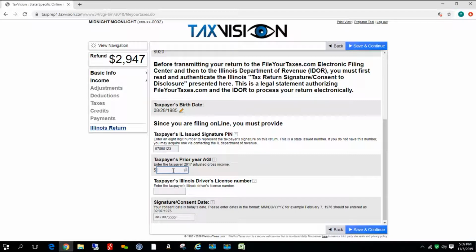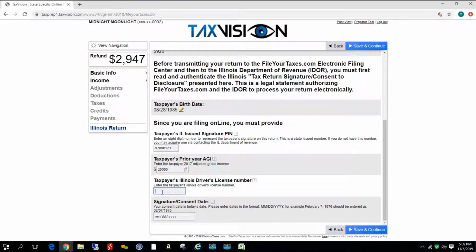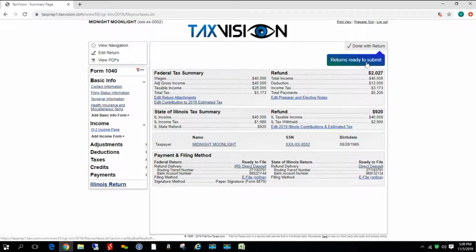Okay, AGI from last year. Just making this up. Driver's license number again. Make that up. And putting in today's date. Okay, we are done. So you'll notice here at the top corner, it's done with return, and there's a check